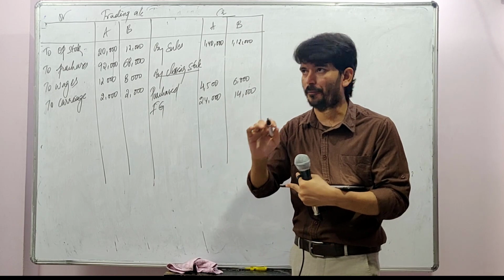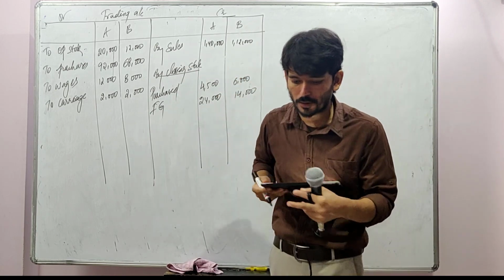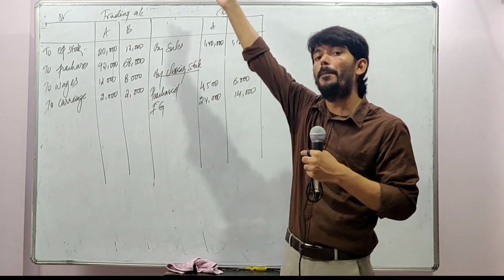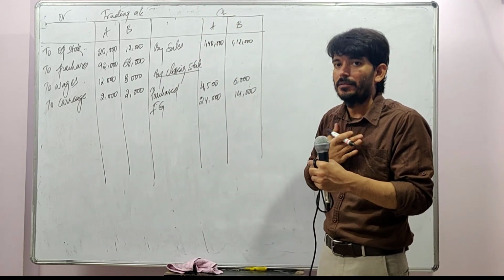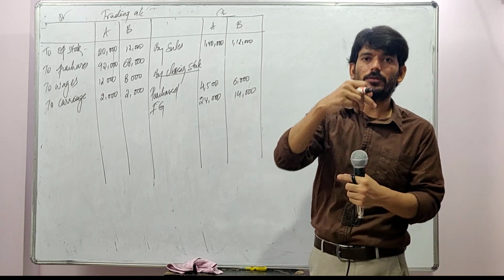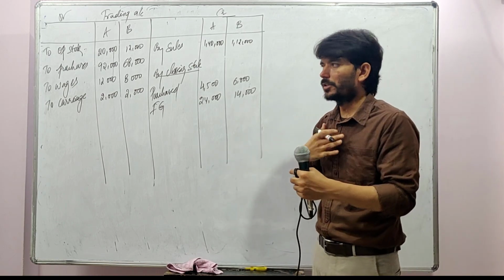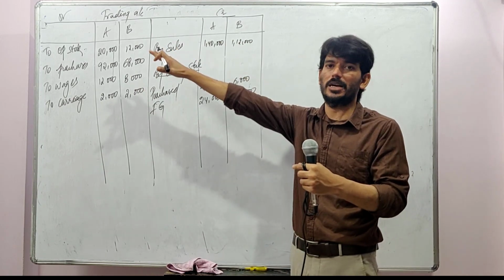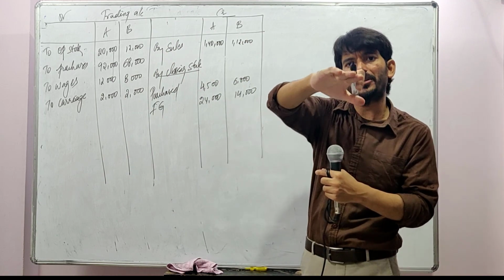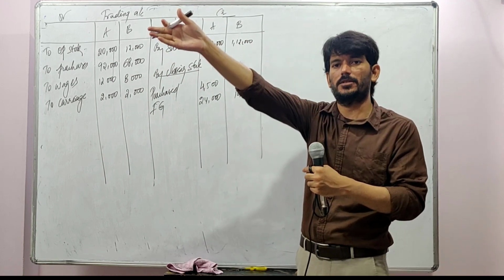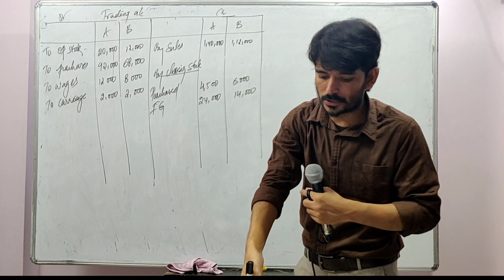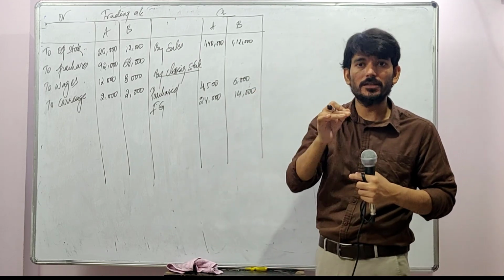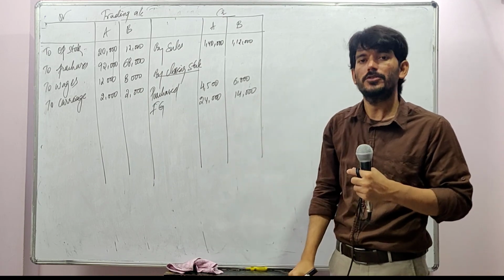Now the crux will come. This sales, whatever we are talking about here as sales, A is making in the open market. Assuming that you are B and I am A, this 1,40,000 is what I am selling in my open market to the customers directly. This 1,12,000 is what you are selling in your open market to your customers. But purchased goods transferred, this is interdepartmental transfers now. Here only we should get a thought of stock reserve.